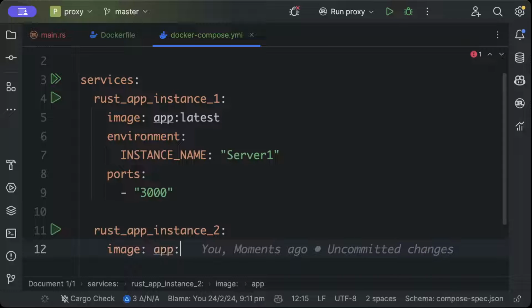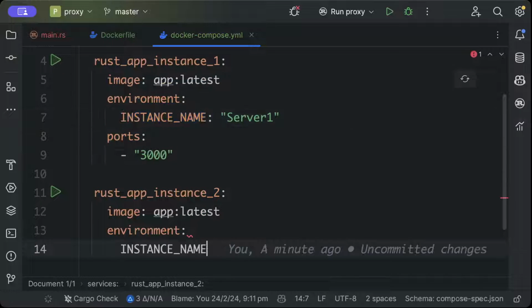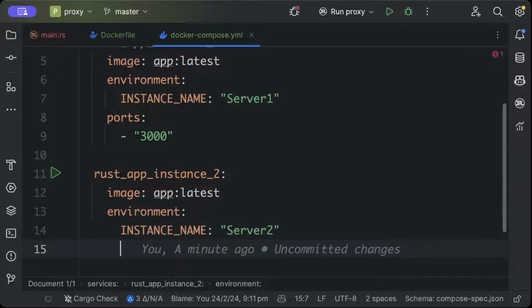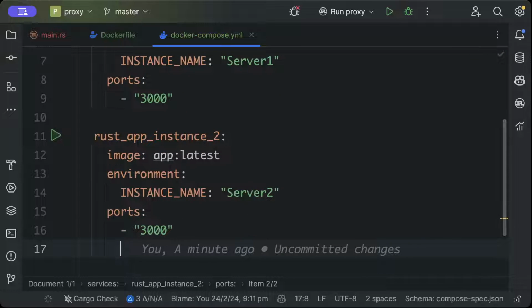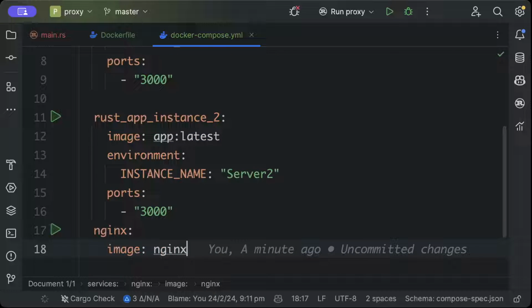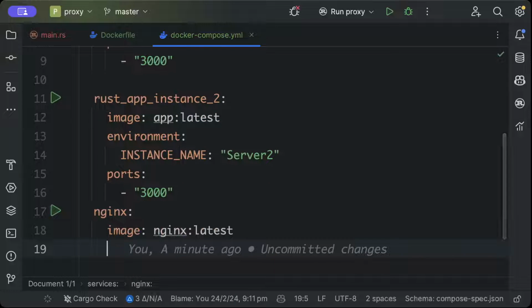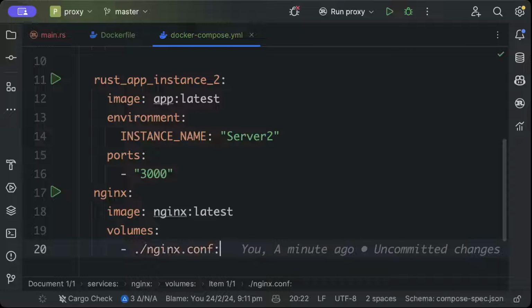Image same app:latest, and same way we will pass the environment variable, and here we will name it server2, ports as 3000, and now run the Nginx service, so image as nginx:latest, volumes ./nginx.conf:/etc/nginx/nginx.conf,